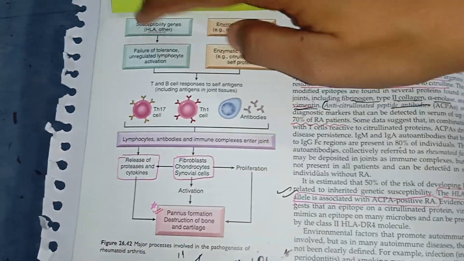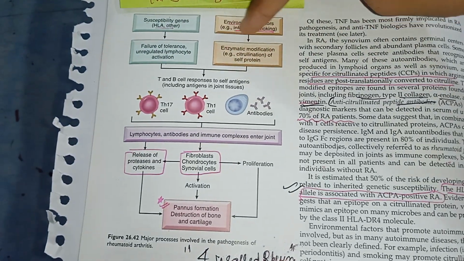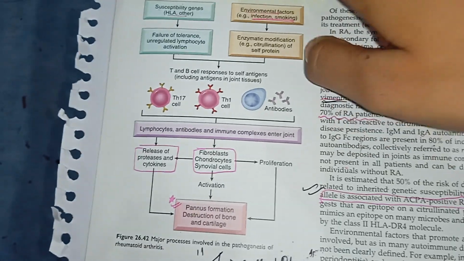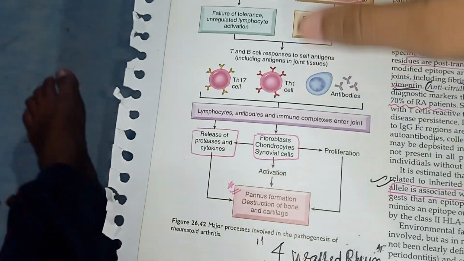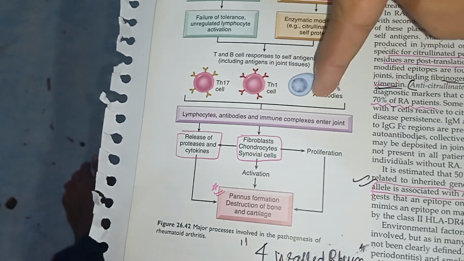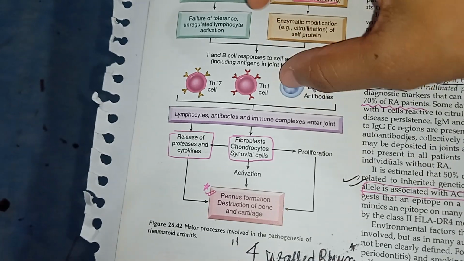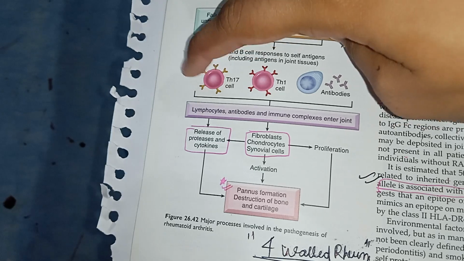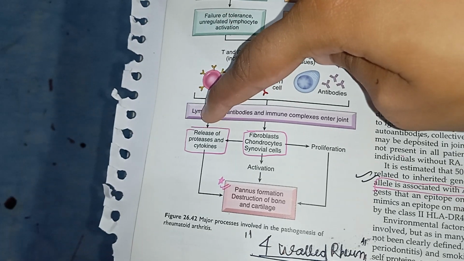Now, both these factors ultimately contribute to B and T cell responses to the self antigens, right? We have certain T cells like helper T17 cells and helper T1 cells, and we have the B cell that further differentiates into plasma cells and starts secreting certain antibodies. Now we have these T cells, lymphocytes, that is B and